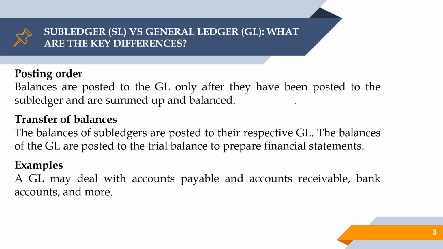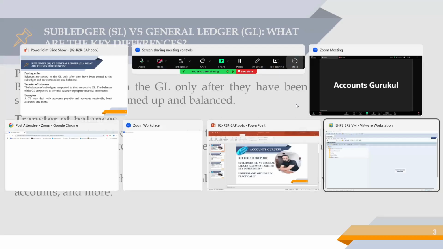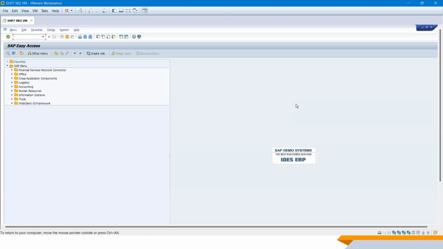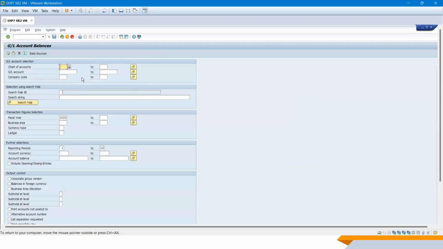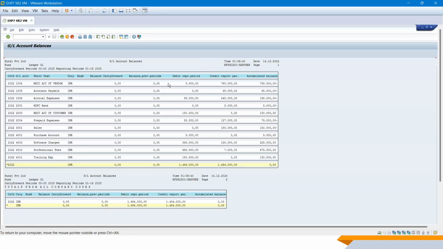So now we'll jump towards the SAP to see how it's working practically. Now, if you see here, this is going to be your SAP. Now, go towards F.08 to see what the GL account balance is. The company code we are using for this is 2022, financial year 2023-24. And if you execute the report, now you are able to see